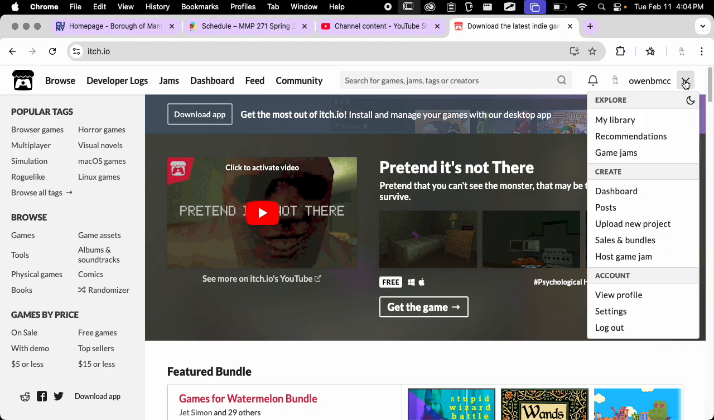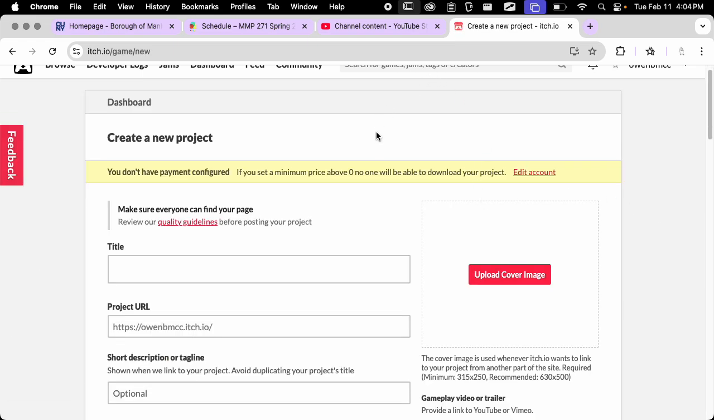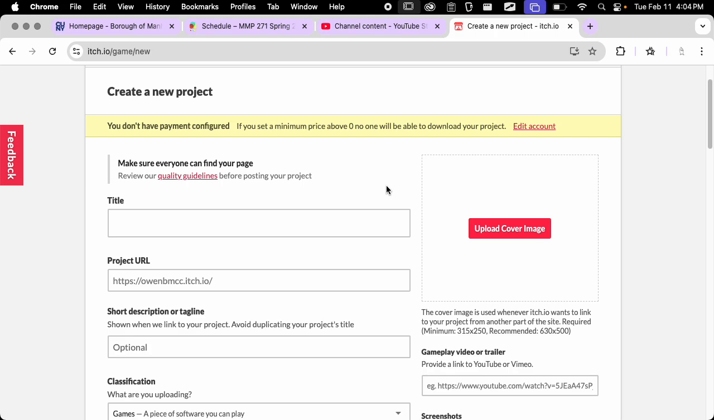Once you make an account and you're ready to create a post, you can use the drop down here and go to upload new project. And you can basically fill out this setup. I'll go over a few things. You don't need to do everything on here, but I'll go over a few things,